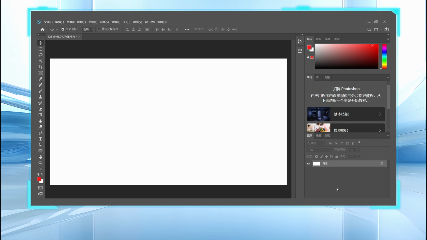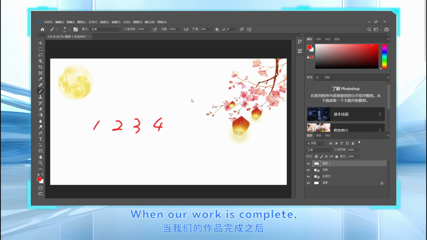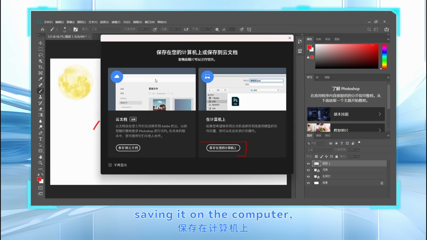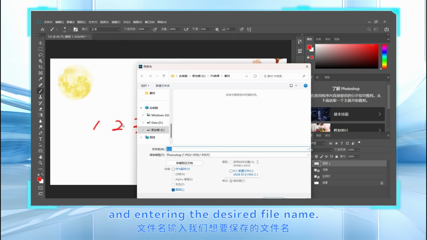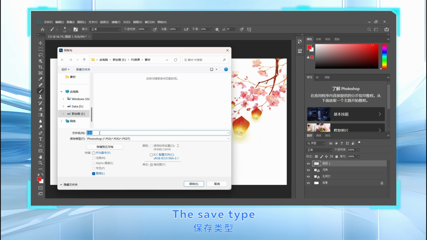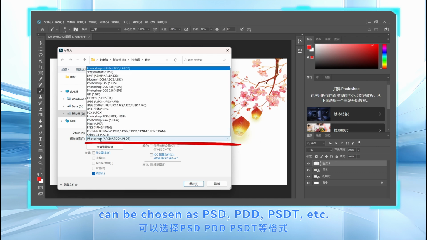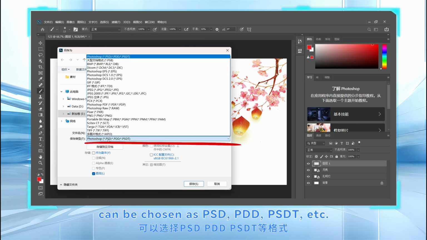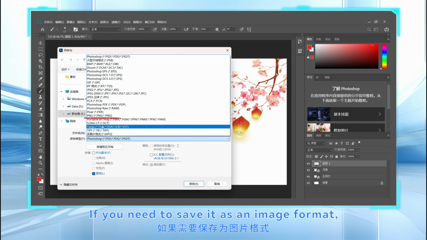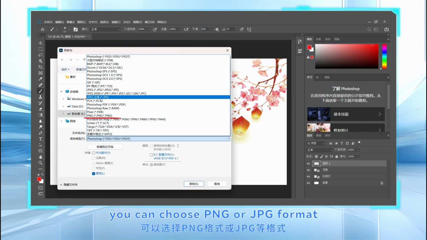When our work is complete, we need to save it by clicking File and then Save, saving it on the computer, and entering the desired file name. The save type can be chosen as PSD, PDD, PSDT, etc. If you need to save it as an image format, you can choose PNG or JPG format and click Save